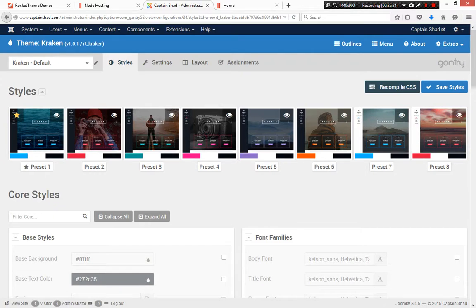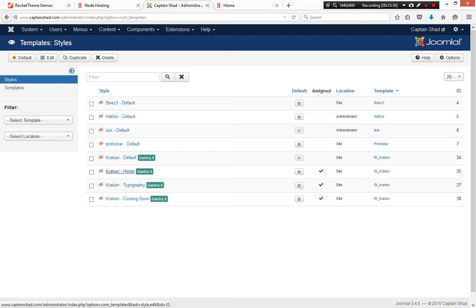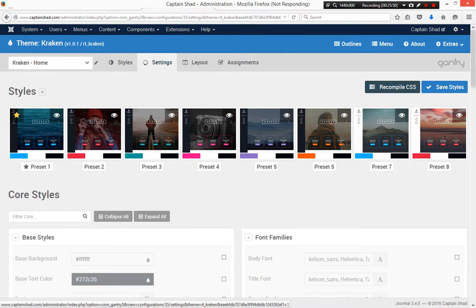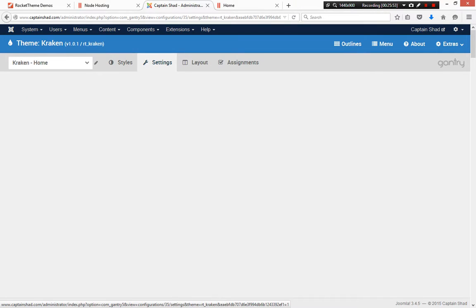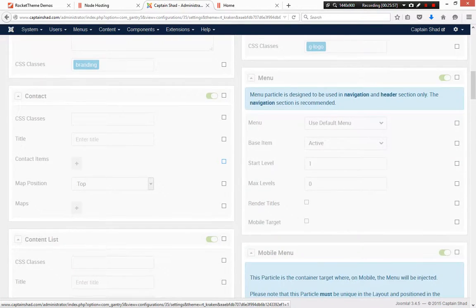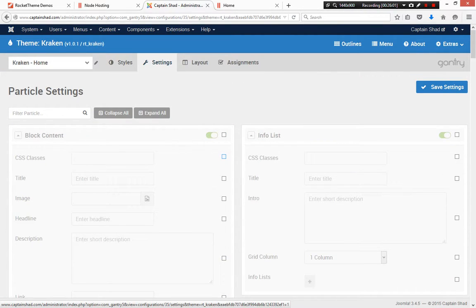Oh man, they have made some changes. Joomla is very common for making changes to the way things look, so it's important to keep up to date with the latest and greatest. But these are definitely some new things. So there's styles here, layout, settings, and what we would really care about is finding the background image. Let's see here. Okay, well,